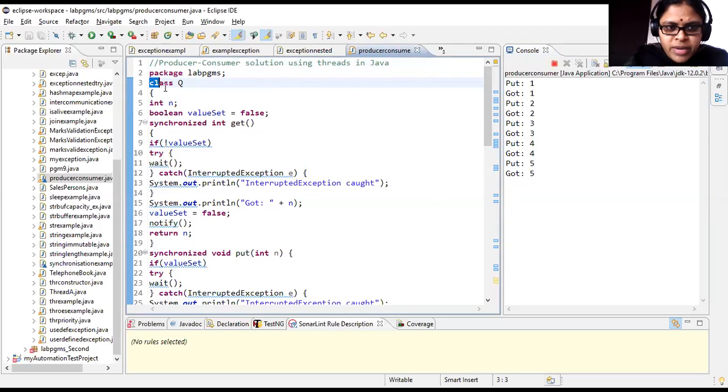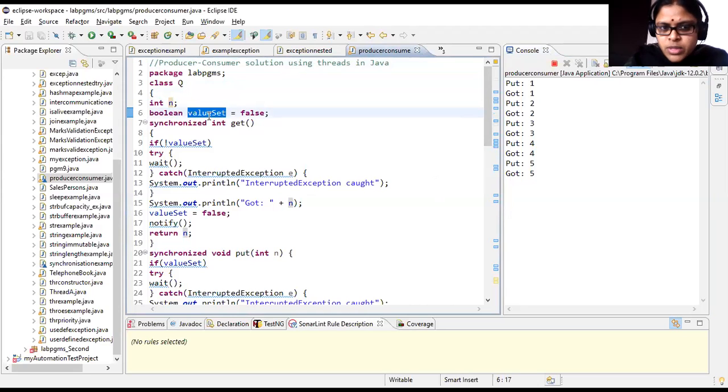First, we are defining one class called queue, a normal queue. It is not extending any thread, so basically it is not a thread. You have an instance variable called n and an instance variable called valueSet, whose value is false initially. Now there are get as well as put methods inside your class queue.